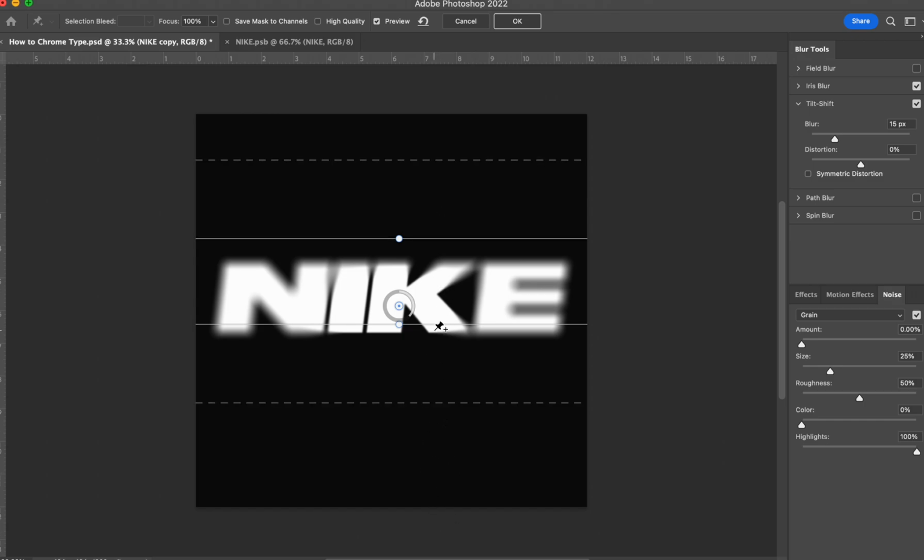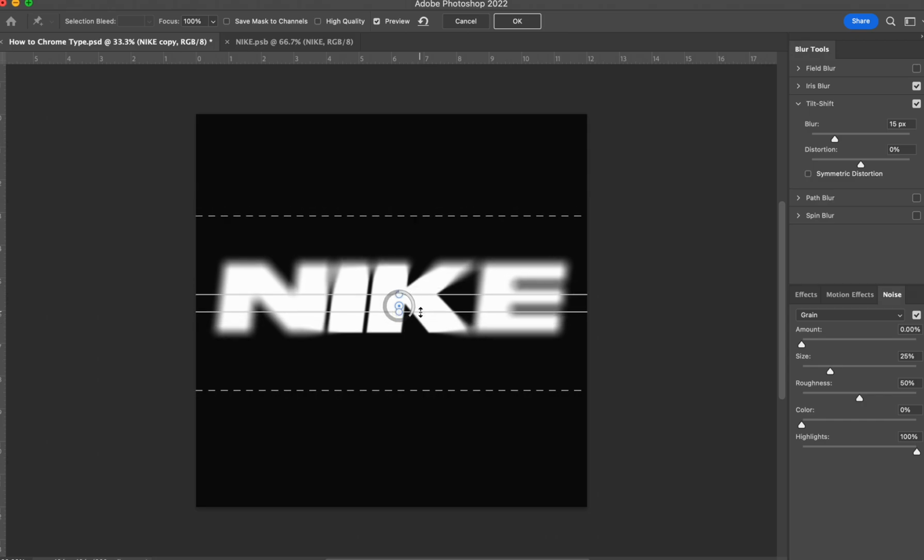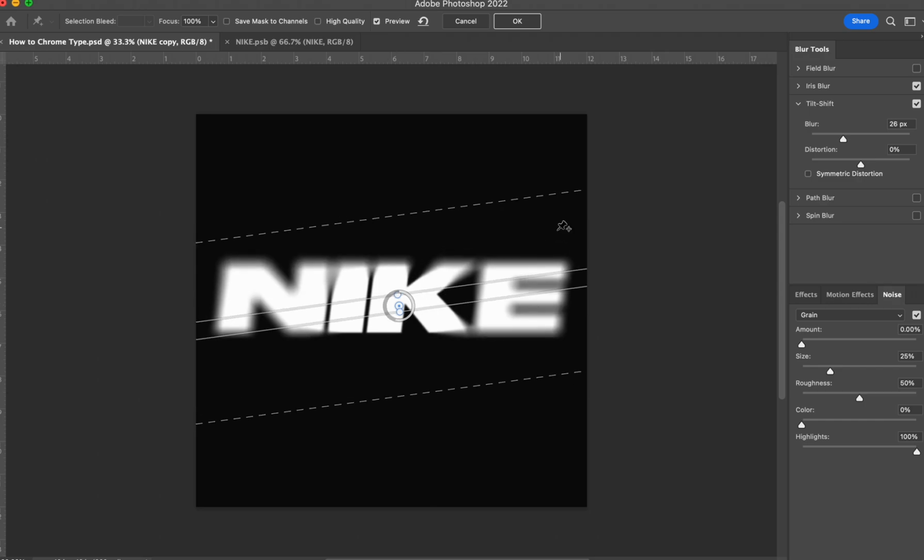And from here to here, no blur, but starting on this line, going into here is where it gradually begins to blur. And then nothing. So if I want this to affect my type, I would have to drag it down in more. And you can affect this. You know, this again affects the blur. You could rotate it